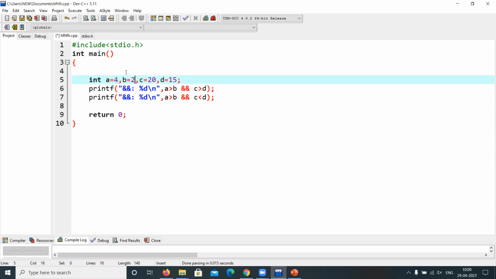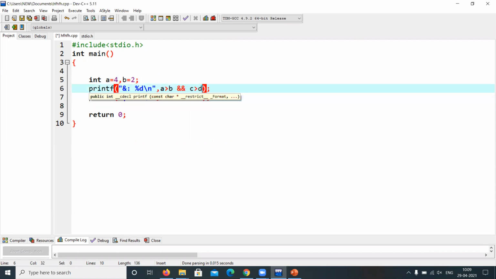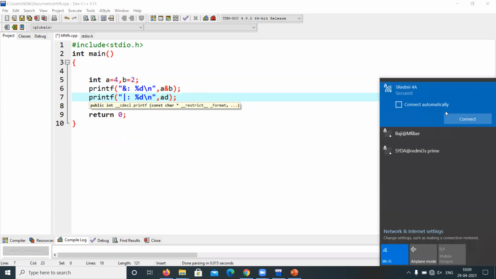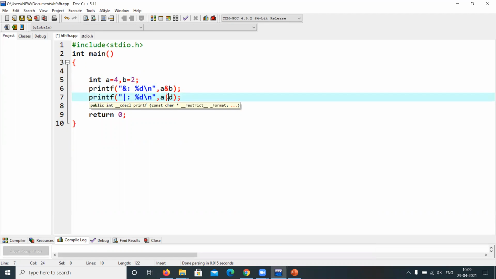And we are applying a bitwise AND and bitwise OR between A and B. We applied the bitwise AND operator, and A or B, we applied the bitwise OR operator.